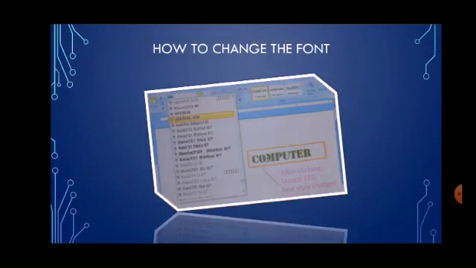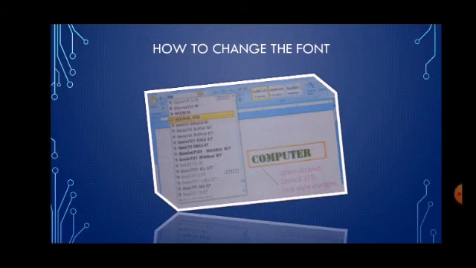Now next, how to change font. The shape and look of the letters of the text is called font. There are various kinds of fonts available in MS Word. You can change the font of your text as per your choice. To change the font of text, you have to select the text in the document.